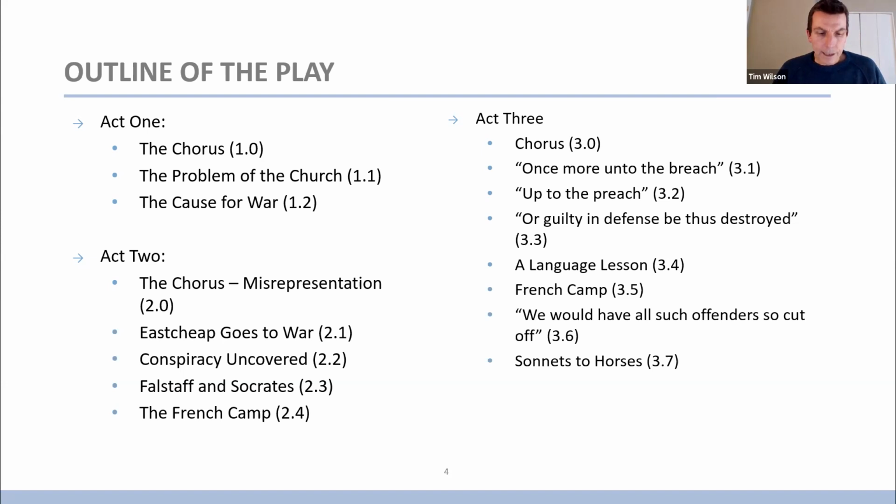And at this point, the French ambassadors enter with a gift from the Dauphin, who is the king's son. He has sent Henry a box of tennis balls. So it's a way of mocking the youth of Henry. Henry is enraged, but stays in control. He retorts that these tennis balls will be returned in the court of France as gunstones, and takes it as a challenge to war, so to speak.